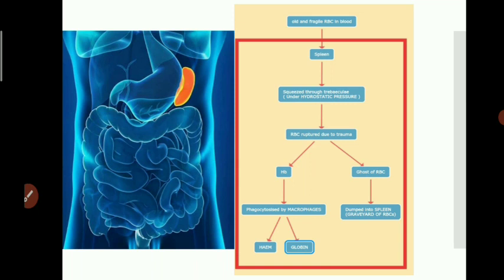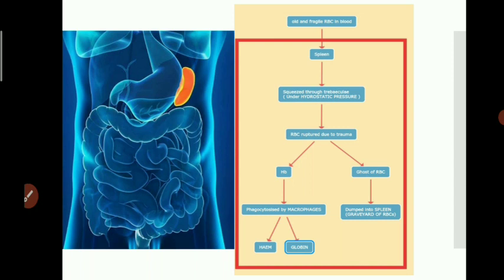They are quite fragile. So we have an organ present behind the stomach, which is the spleen. Inside the spleen, there are minute pores known as trabeculae. And when the RBCs are squeezed through the trabeculae under an extra hydrostatic pressure, they get ruptured. If the RBC is a young RBC, it's quite flexible and will get folded and will easily be squeezed through the trabeculae. However, the old RBCs will not be able to bear the trauma of this squeezing and will get ruptured.